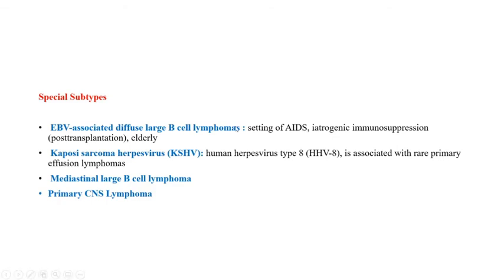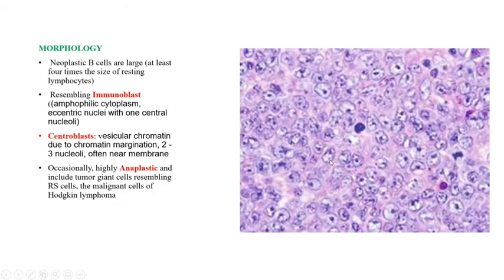So what is the morphology? This is a lymph node biopsy, which is showing the whole of the lymph node replaced by large cells, which can be immunoblasts or centroblasts. Because they are large, we call them blasts. They are very immature cells, that's why they are large. They have open chromatin and nucleoli. The nucleoli can be single or multiple, and they will have brisk mitotic figures with apoptotic bodies. These cells are larger than normal lymphocytes. They are very large actually, 3 to 4 times larger than normal lymphocytes.